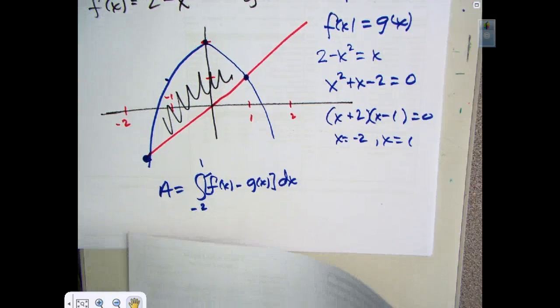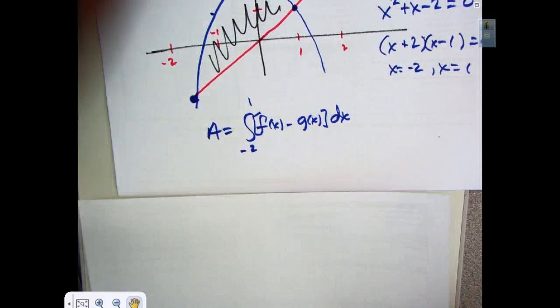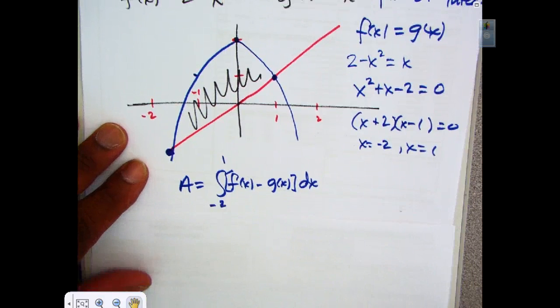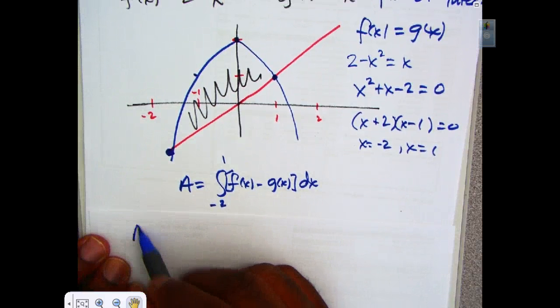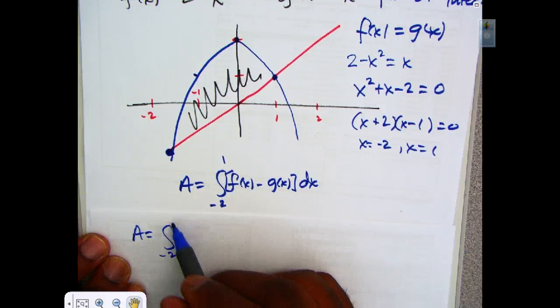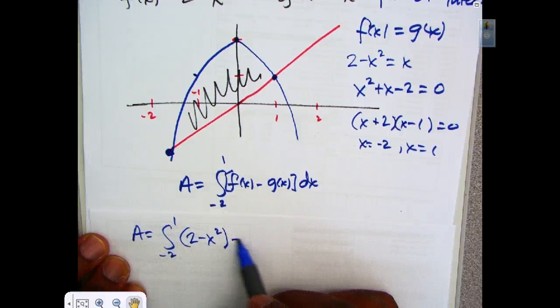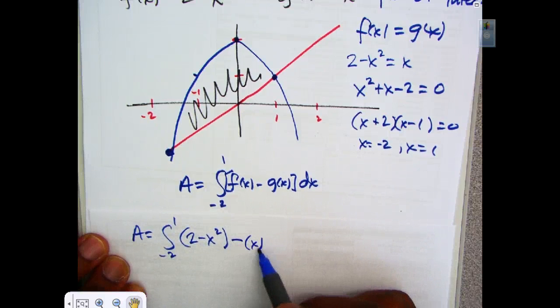Now we can go ahead and substitute in our values for f of x and g of x, from negative 2 to 1, of 2 minus x squared minus x